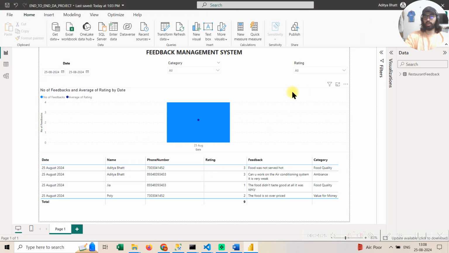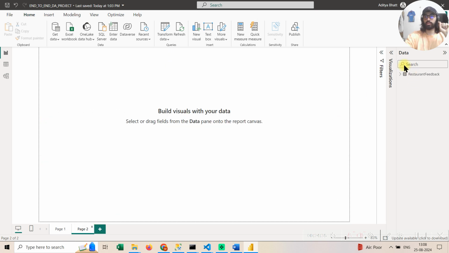Now guys, if you are new to this system, obviously this is a project, so I expect you to know how to create dashboards. If you don't know, this will merely not take 5 minutes also. What I have done, what you need to do,